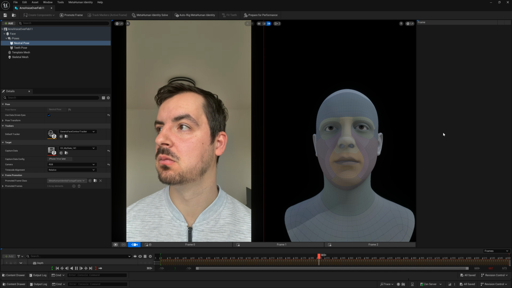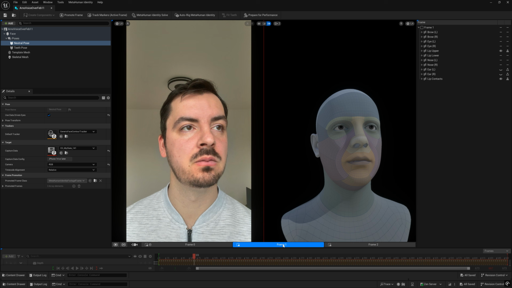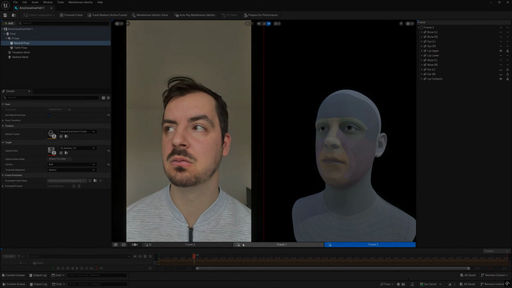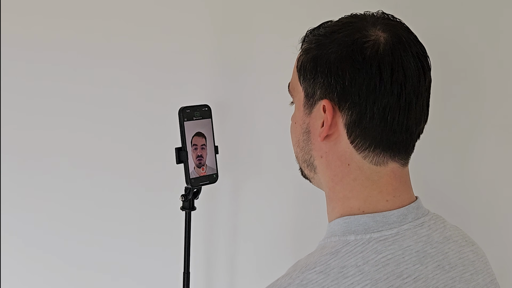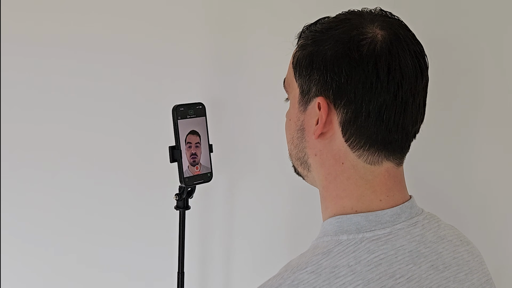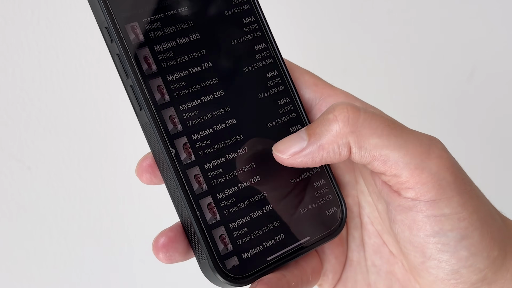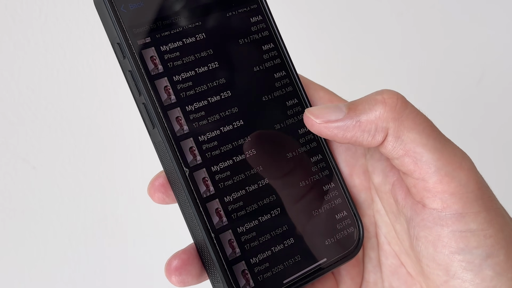Creating an identity is fairly simple. You can capture a few reference poses, looking forward, a bit to each side, and a teeth pose. For the best result, I recommend doing this in the same session as your recordings, so everything stays nice and consistent. That meant I chose to do all the takes in one go. In total, I recorded over 140 takes just to get the dialogue right. The biggest challenge wasn't the tech, but actually getting the right performance.